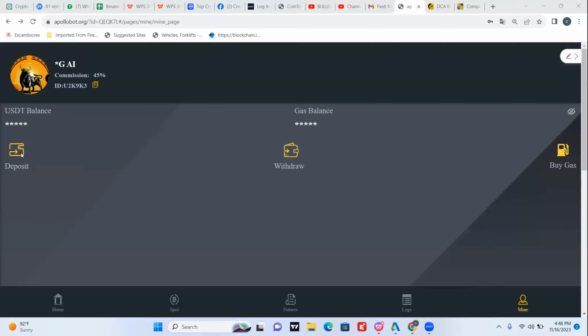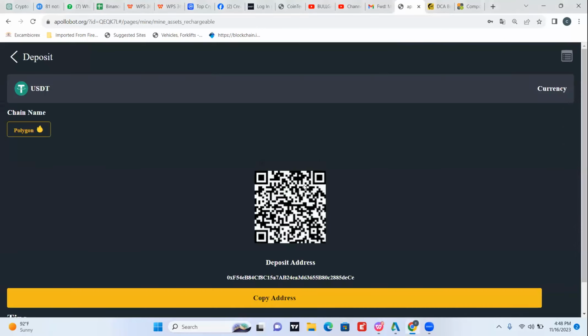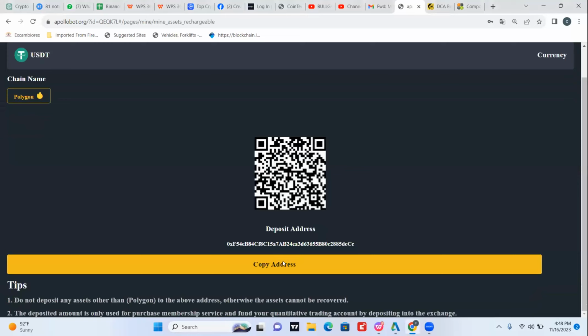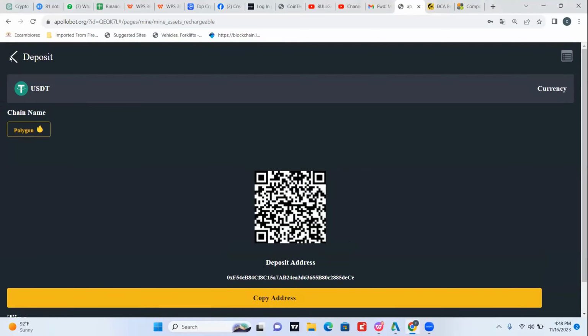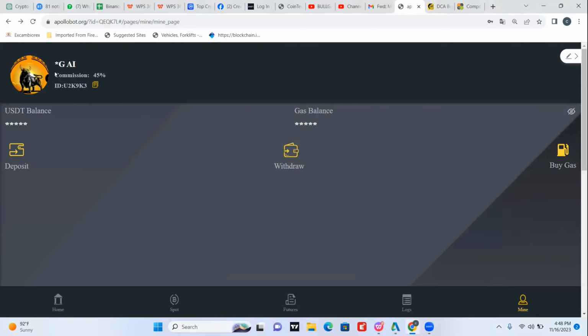The minimum is 30 USDT. So the minimum gas is 30 USDT. When you tap on this, you copy this address. This address is on the Polygon Matic network. You copy this address, take it to your exchange, and send a minimum of $30. Then once it reflects in your account,